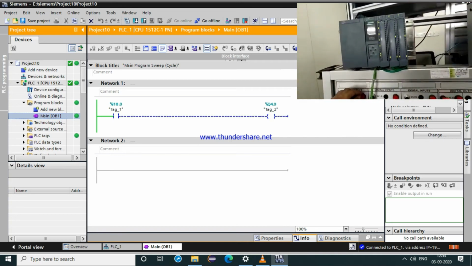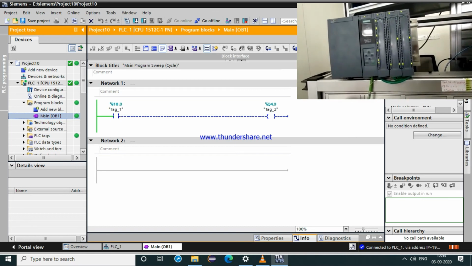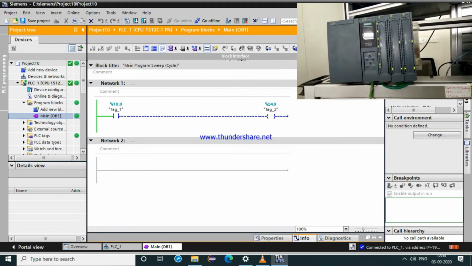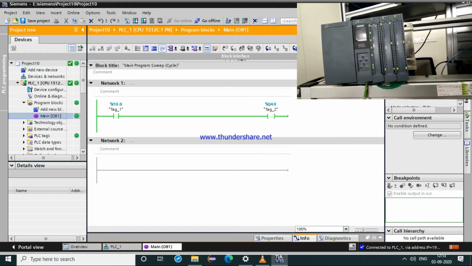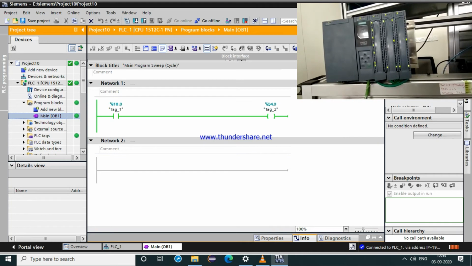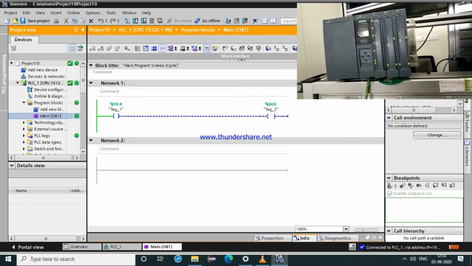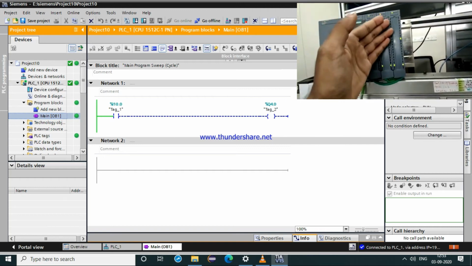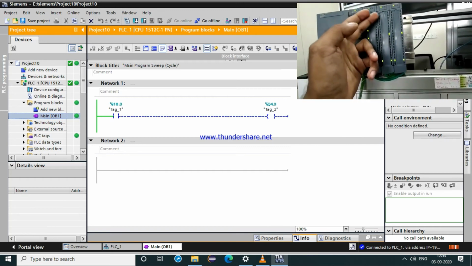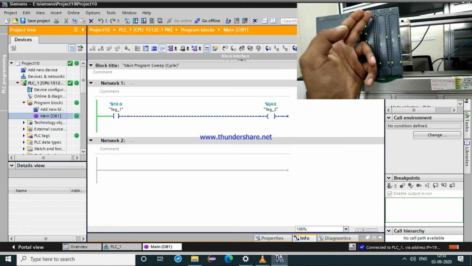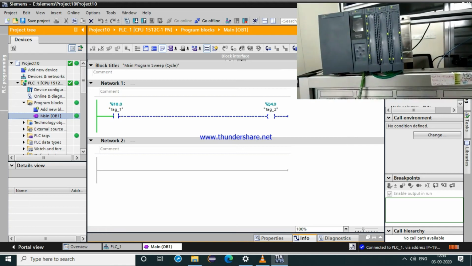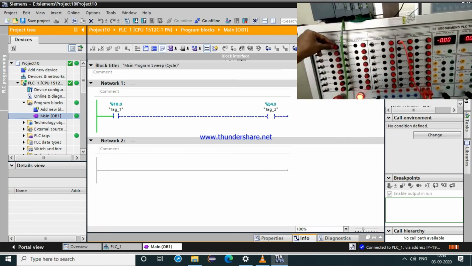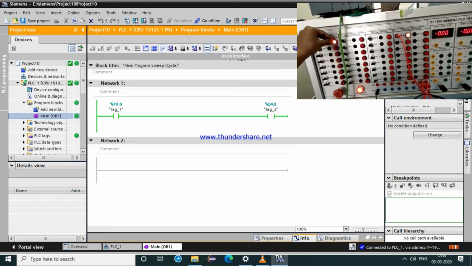Also on the PLC you can see, if I press a digital input, the yellow light of the output will get on. This is the digital input line, this is the digital output line. If my input 0 gets on, my output will get on at the same time, as you can see on the panel.